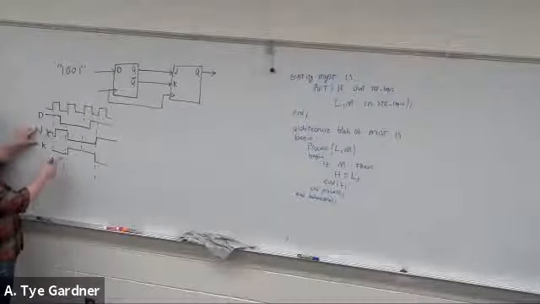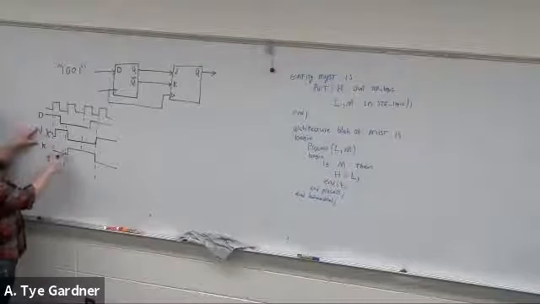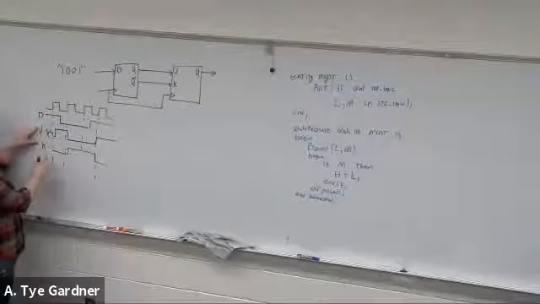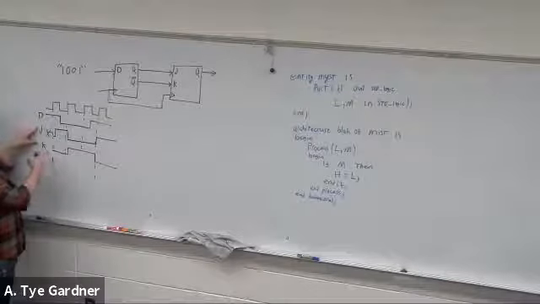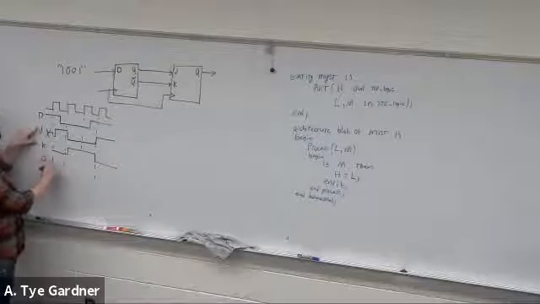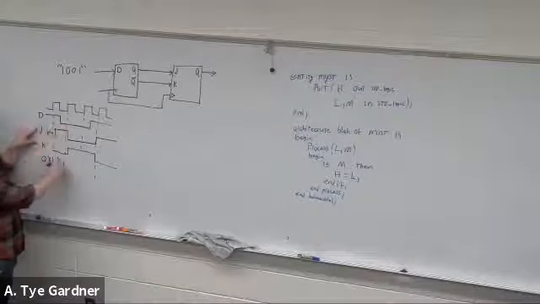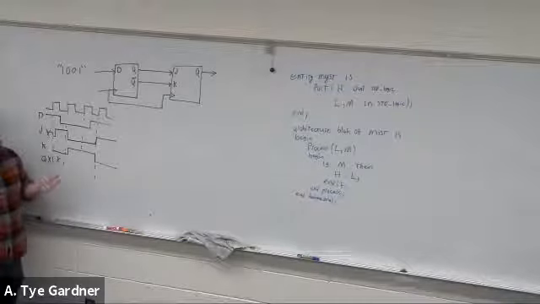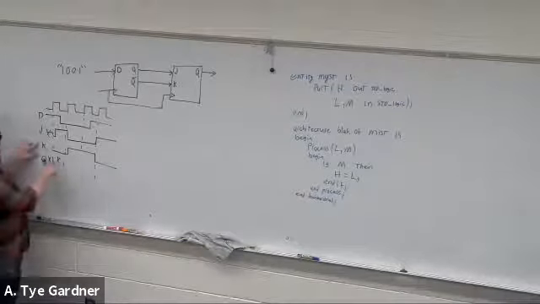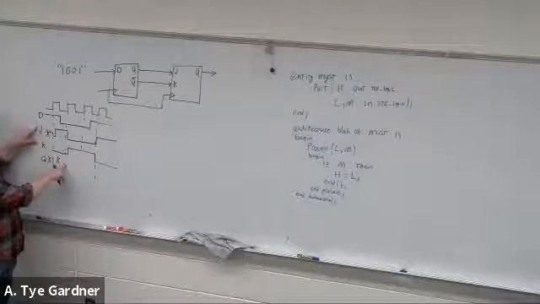So the same thing happens now if J is doing that and K is the opposite of this. When the clock hits, well, this first clock, I could argue, I don't know how the final output Q. I didn't know here for sure. And the first clock is taking whatever the output of Q was before, which I don't really know. It could have been a 1, it could have been a 0. But on this clock it does update to my J and K inputs, which are